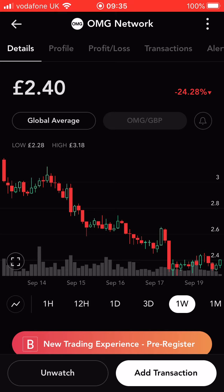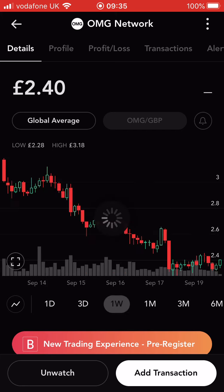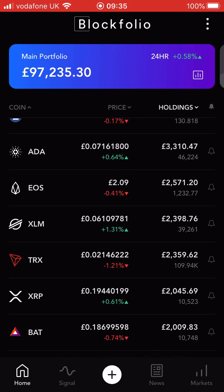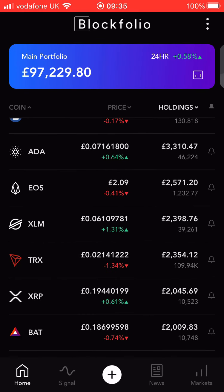25% on OmiseGO, but longer term it's probably pumped up a little bit too hard. Again, just showing you on the monthly, it doesn't quite capture the big rise. Showing you on the 3 month, it went up too high, but a couple of months ago it was less than around about £1, so I was expecting that to maybe come down. A couple of other smaller coins have had a reasonable drop, but if Bitcoin keeps going up, I would expect these to snap back and